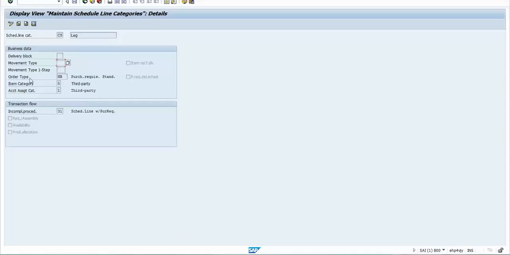Now moving on to these three fields: order type, item category, and account assignment group. These are the factors which tell a sales order creation program to create a purchase requisition of type NB. These are the order types in the material management module. So this is an order type for creating a standard purchase requisition, this is an item category in material management, third party item, and this is an account assignment group related to material management, third party. So if you mention these three parameters,